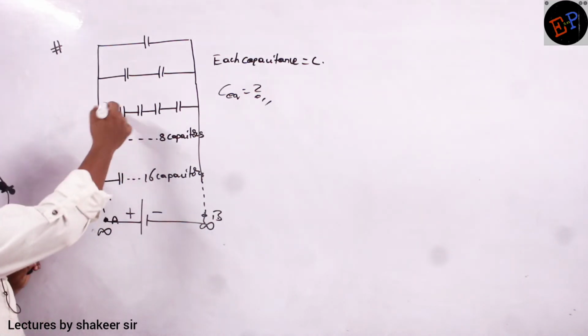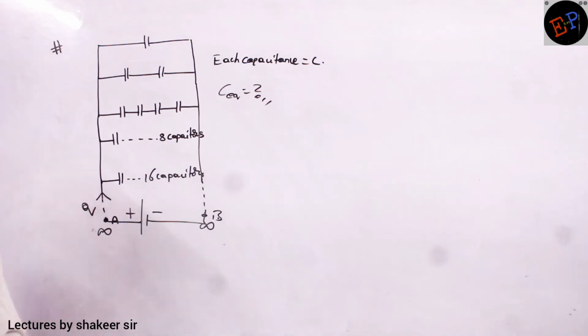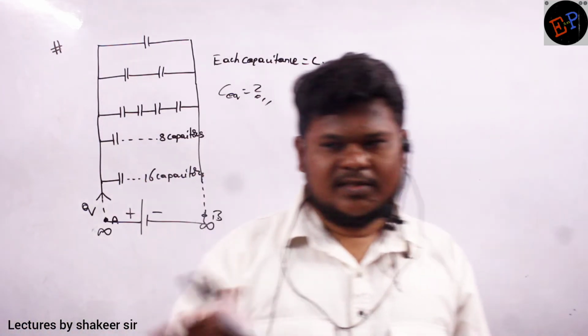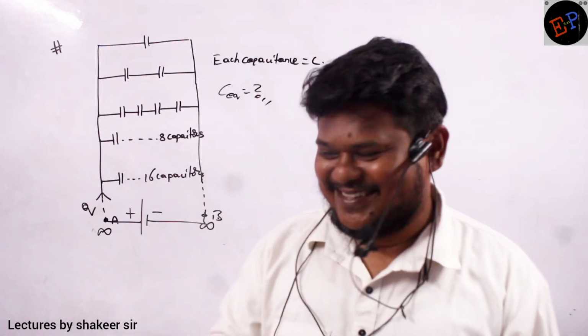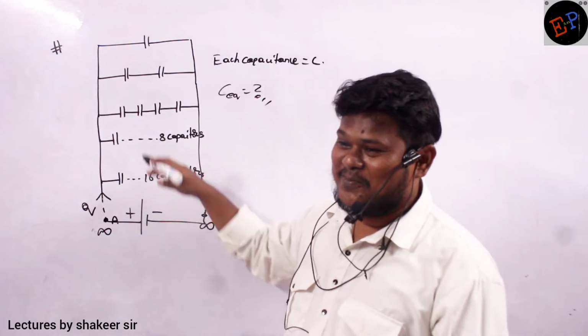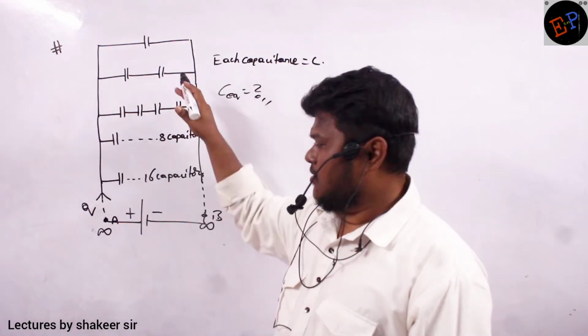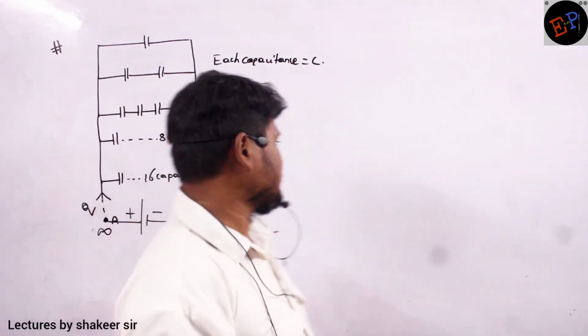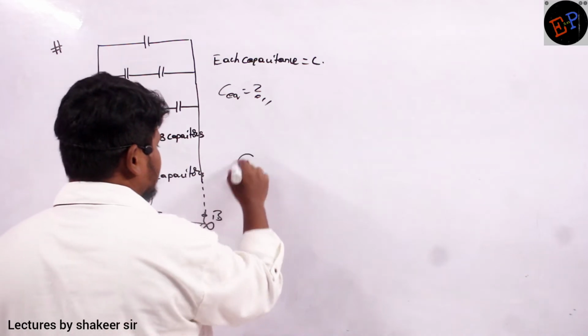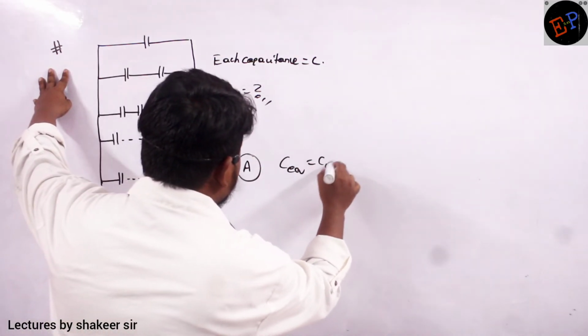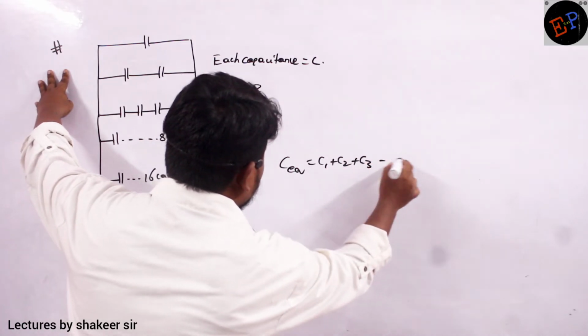Then this charge gets divided in each of these branches. It means all of these branches, they are connected in which connection? Series connection, sorry, parallel connection. Clear, no? But in every branch, capacitors are again connected in series connection. So therefore, we are supposed to do this calculation. As all of them are connected in parallel connection, what is the equivalent capacitance? It is C1 plus C2 plus C3, and it goes on like this.